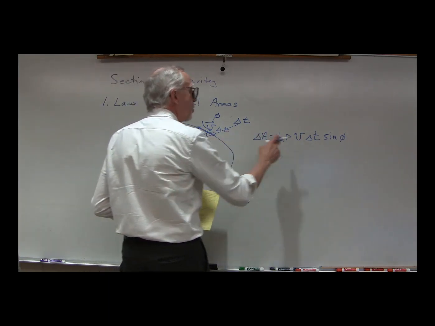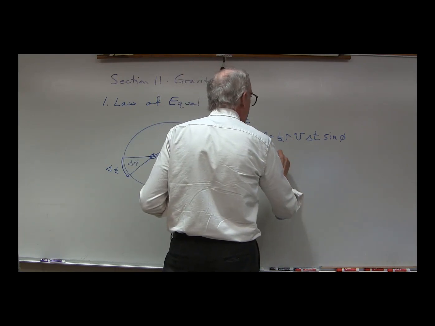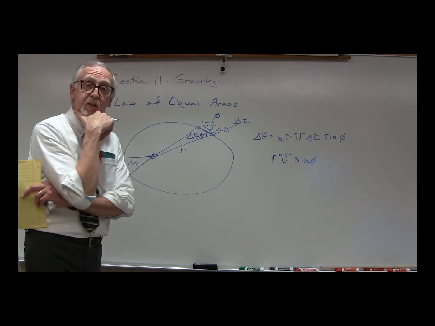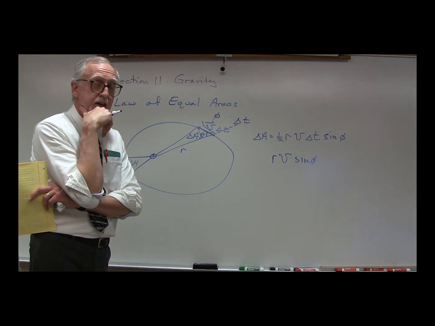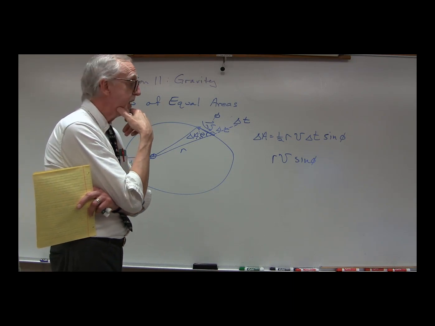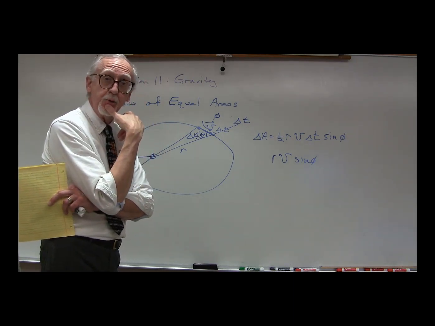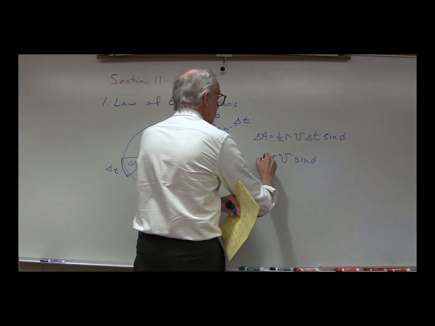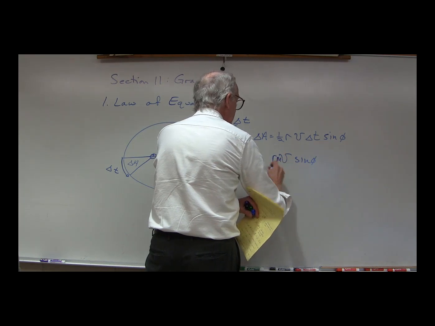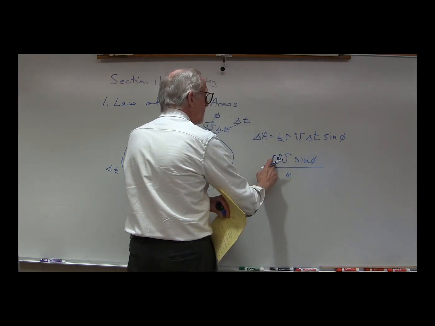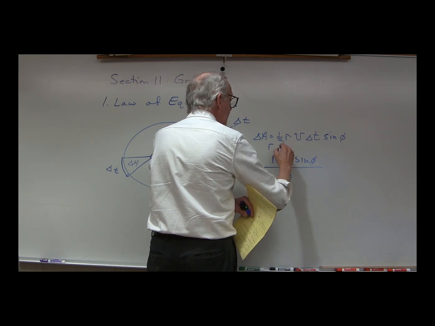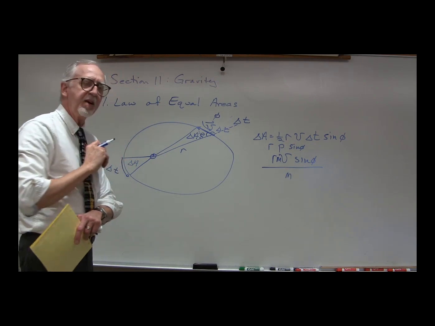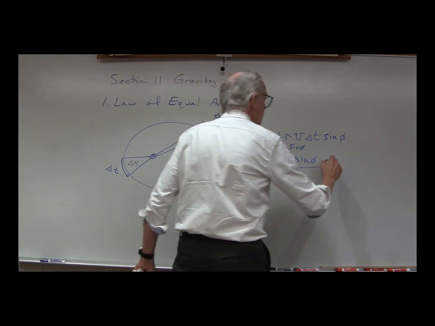But let's think about this. What is this? R v sine phi. Well, r v sine phi looks a lot like part of the angular momentum. So if we could divide by m, that looks like the definition for the angular momentum. So if we put in an m here and divide by m, this would be r m v, that's p, the linear momentum, sine phi. So that's r p sine phi, that is r cross p